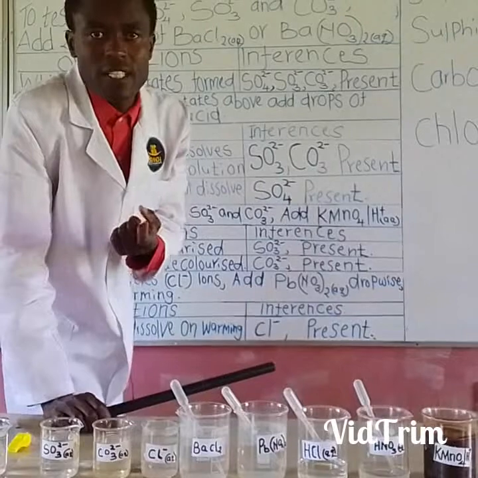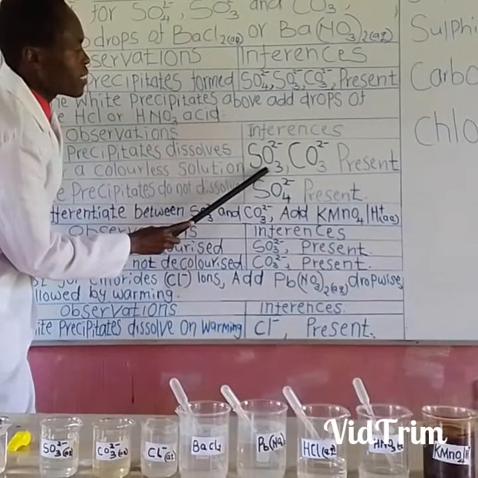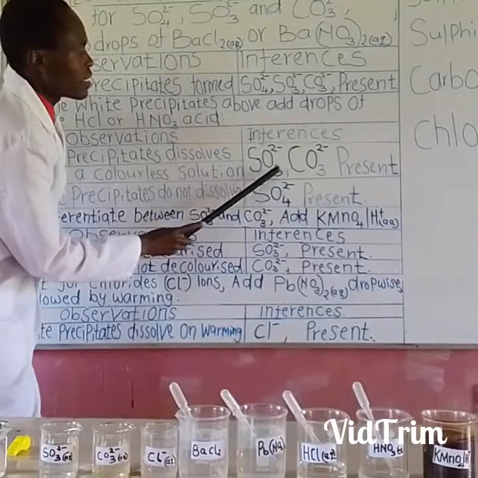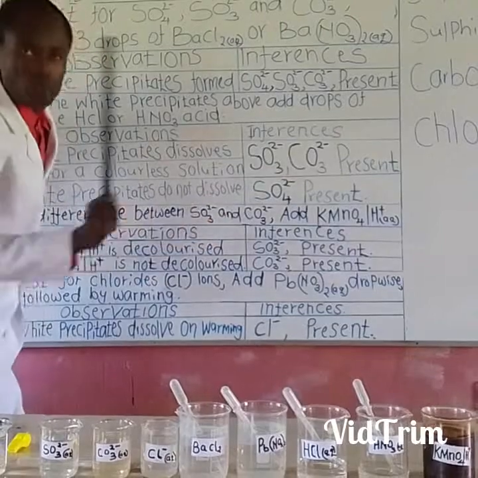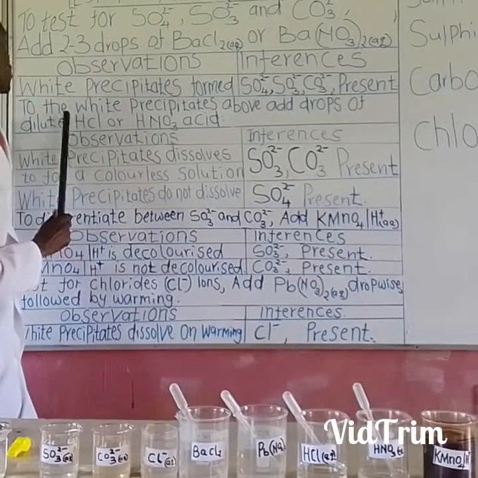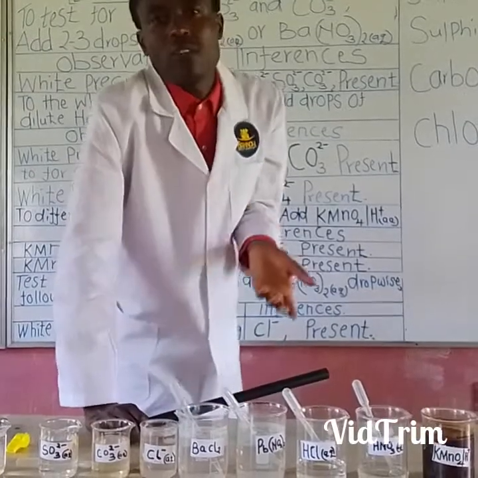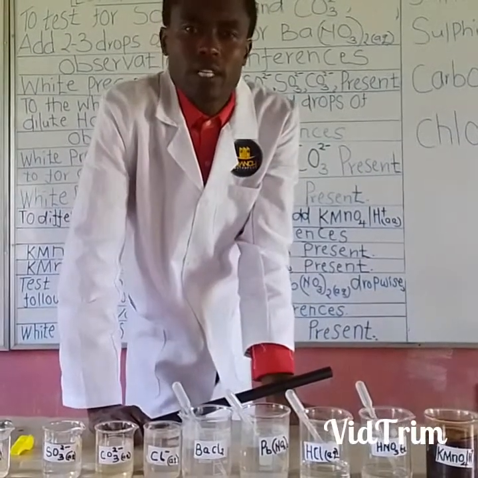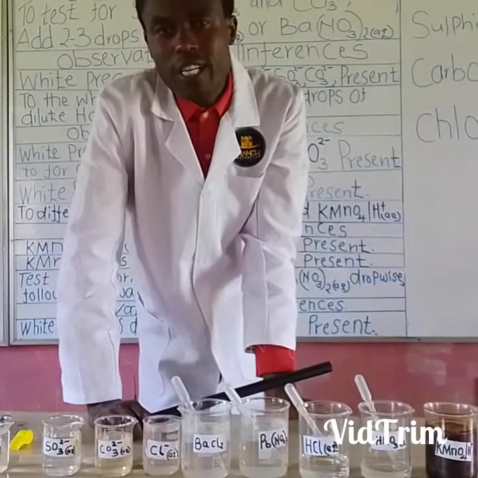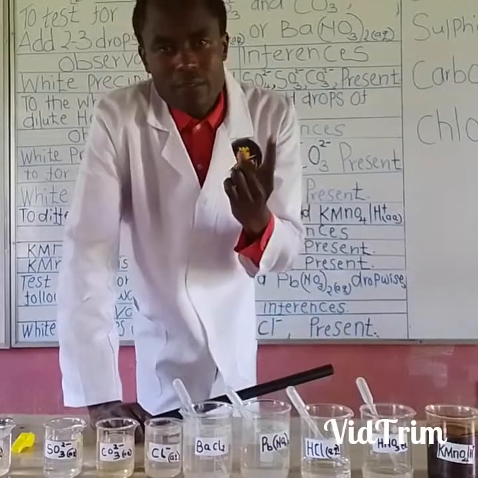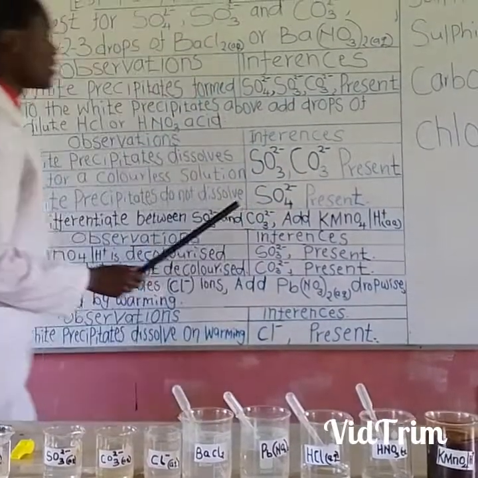So it means that the precipitates of the sulfite and the precipitates of the carbonate, that is white precipitates, will always dissolve when you add some drops or several drops of the dilute hydrochloric acid or dilute nitric acid. Is it okay? But now, how do we distinguish between